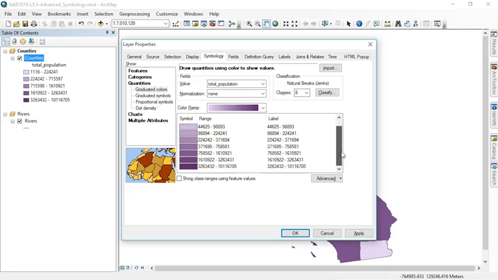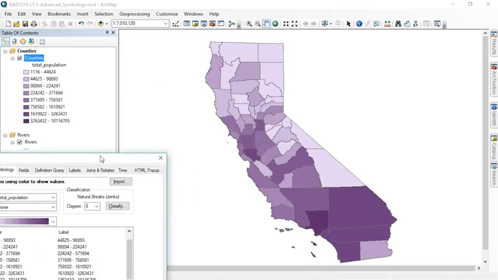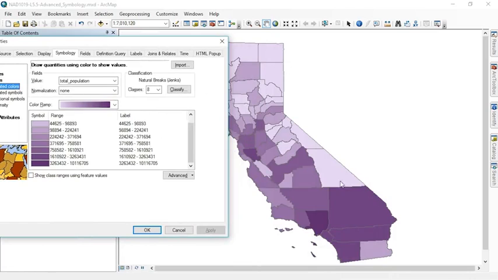And it just automatically splits it up for us. And I can click apply and take a look at how that splits up the state. We still have LA in 1, but there's more of a fine gradient. One consequence of this is that it can be really hard in a legend for people to identify which group